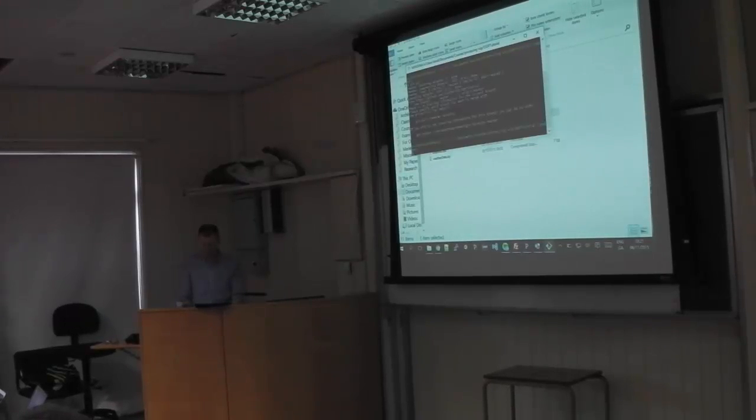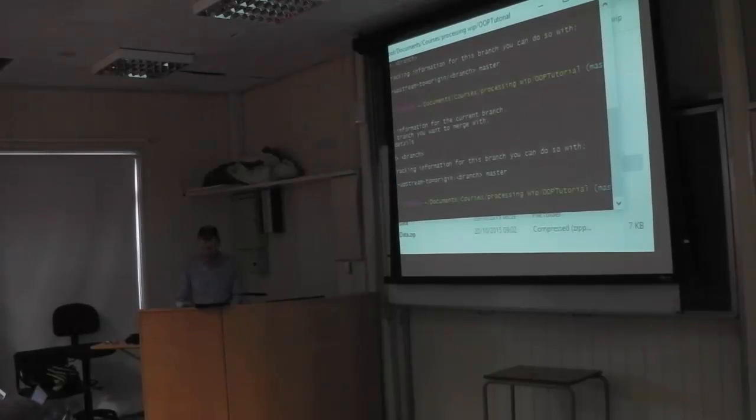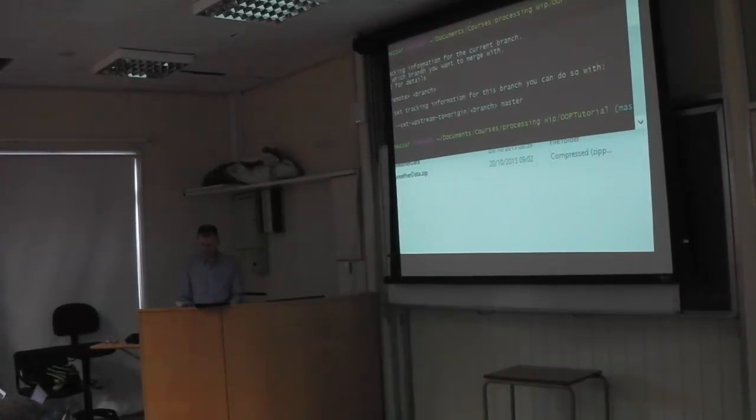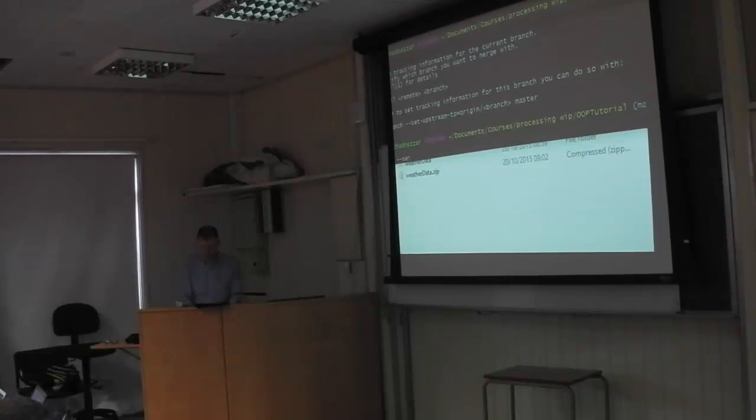So the first time I ran git pull, I got this error saying it's not working. How do I fix that? It says right there. Tells you right there. Yeah, minus minus. The very first time you run git pull, you have to do minus minus set dash upstream dash to